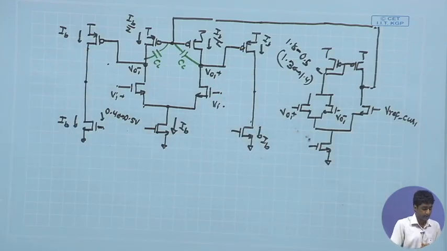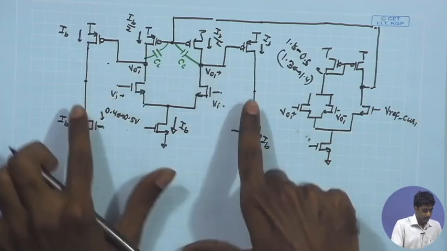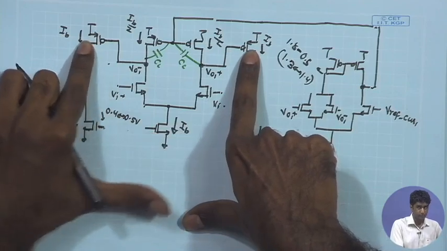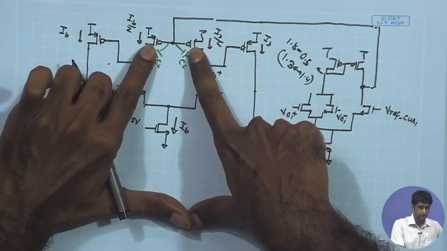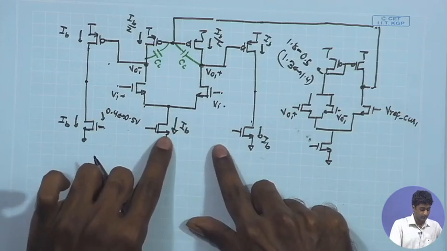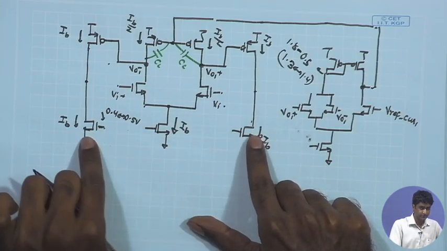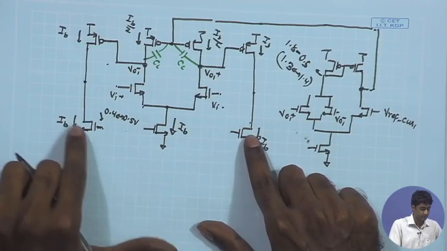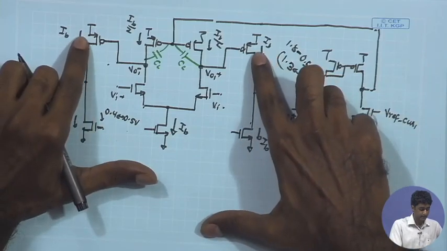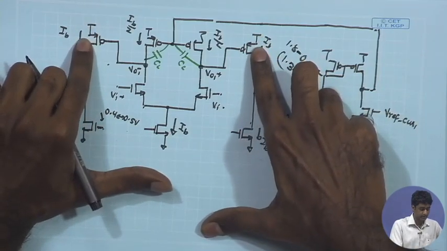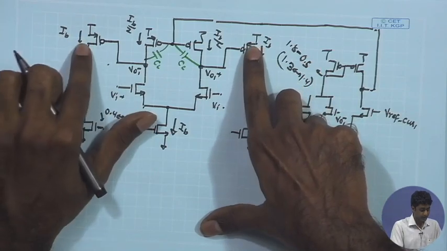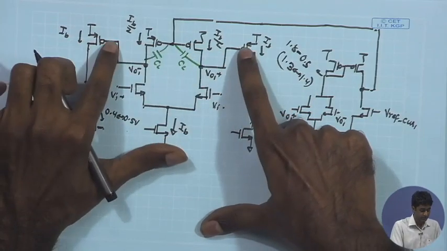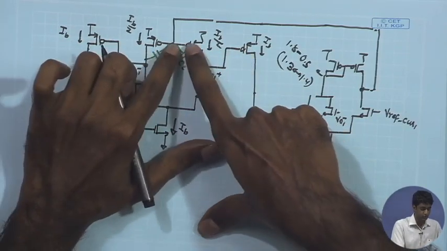stage. And now, in this case I would like to ensure that the W by L of these two PMOS devices have a certain ratio with the W by L of the PMOS device of the load. If I look at the tail current source devices, if I assume that their ratios are the same, then for the same gate voltage applied by the reference branch, they are going to sink the same current. And if these are supposed to sink the same current as well, I would like to make them double the size of these transistors, so that the gate potential that is applicable for these devices is also close to the gate potential coming